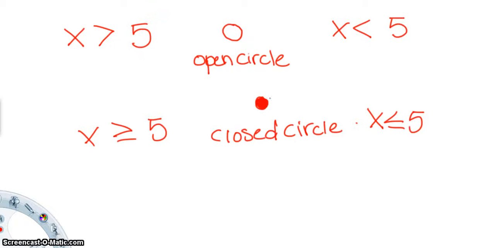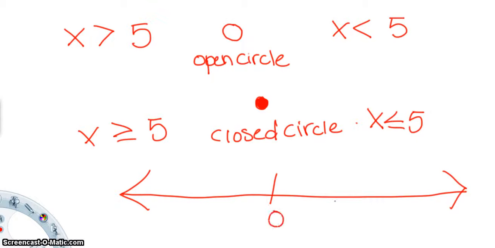The reason why we're using a closed circle is because the graph will include the number that it is equal to. When it's an open circle, it goes up to that number very, very closely, but doesn't actually include that number, so that's why we need an open circle. So when we graph on a number line,